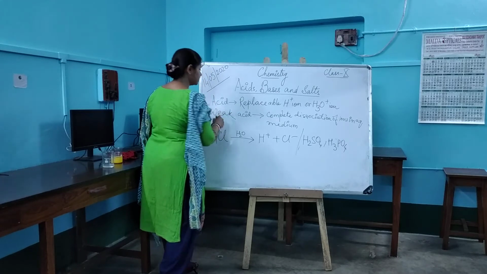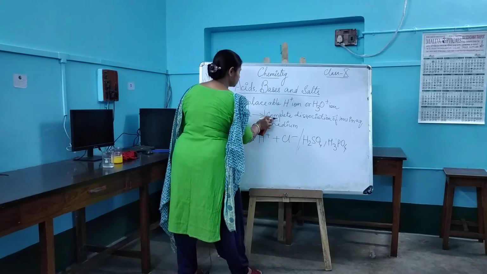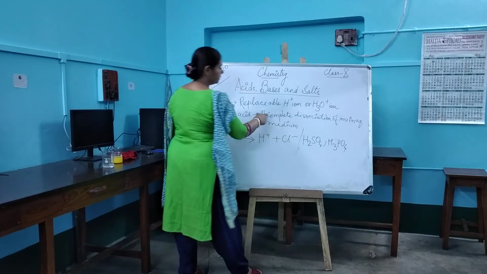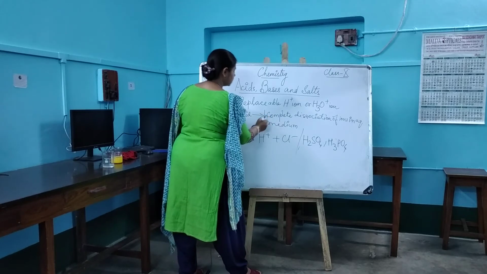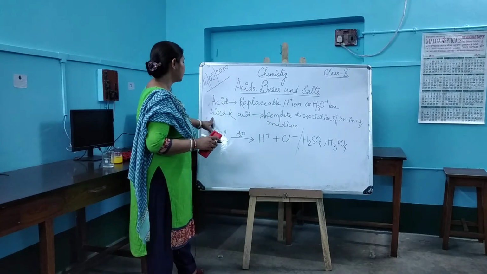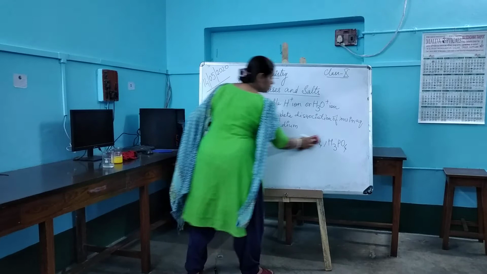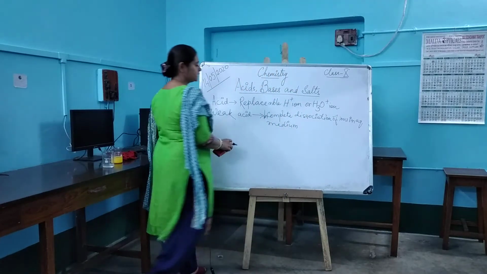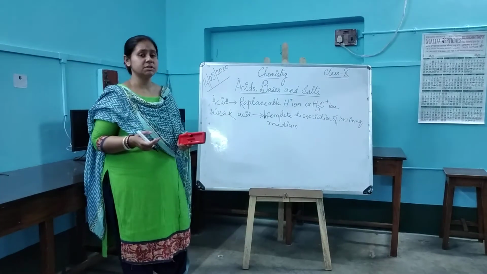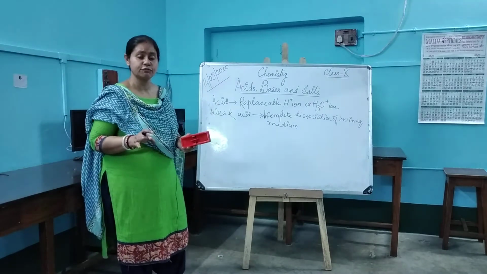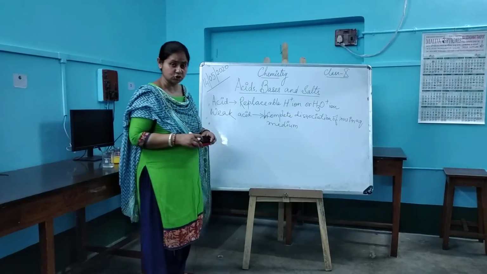This is a weak acid. So how will you explain a weak acid? Incomplete dissociation of ions in aqueous medium. This is how we explain the weak acid. Let me give you one example. There are various examples of weak acid. Normally we say organic acids. Organic acid means those acid materials which we generally get from plant and animal sources. They are all weak in nature.